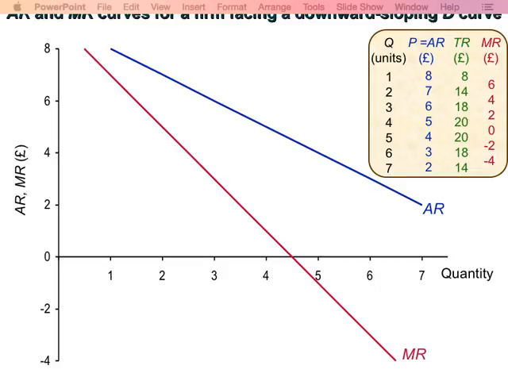But in the first case, it was flat, a horizontal line. At £5, we can sell as many as we want. As a result, our marginal revenue is always £5. Extra units we can sell at £5. But with this market structure, to sell additional units, we have to reduce the prices, which means marginal revenue will be lower than before.